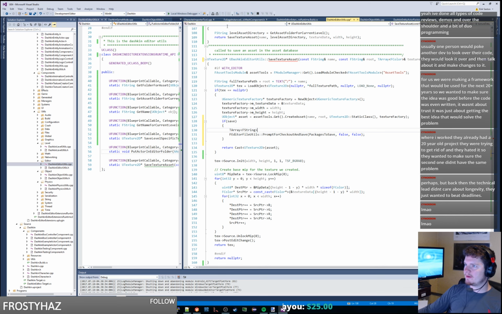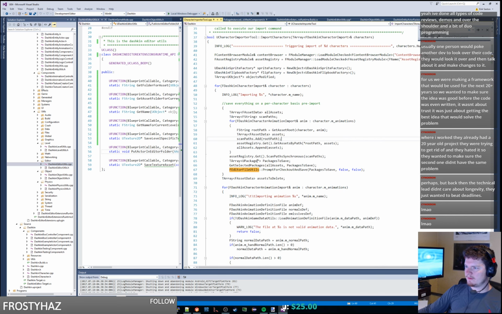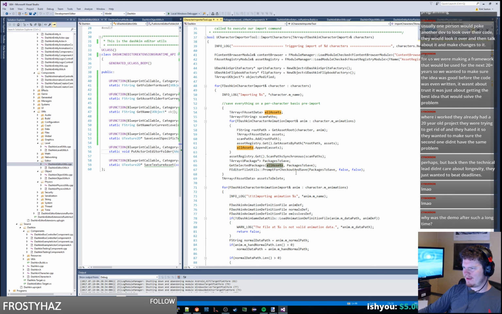Is it a T-array of F strings? What is that thing? It's a T-array of U packages. It's kind of gross. Get selected packages, all assets. Assets are T-arrays of F asset data. Alright, let's see if this file editor utils, like,